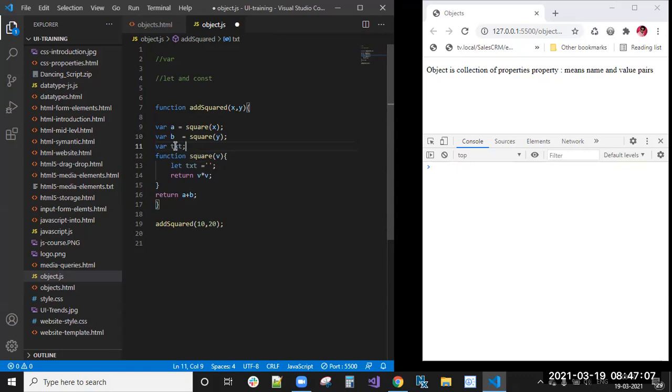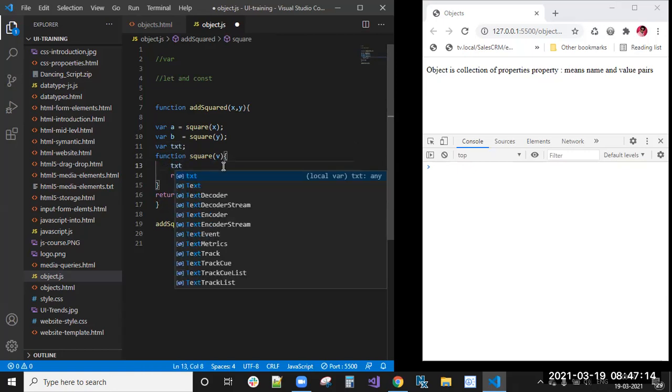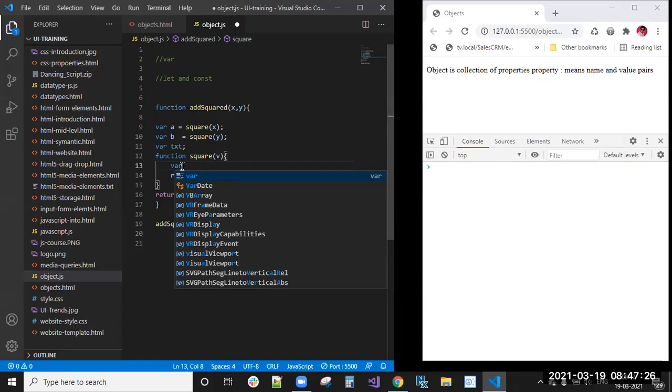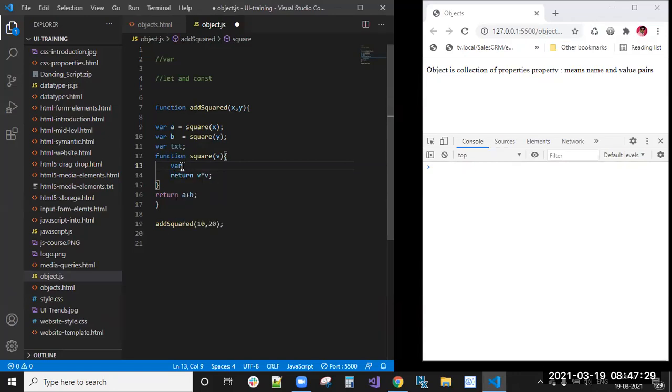Suppose you can think that. Here I have defined one more var txt, or otherwise var txt equal to empty, I have defined.